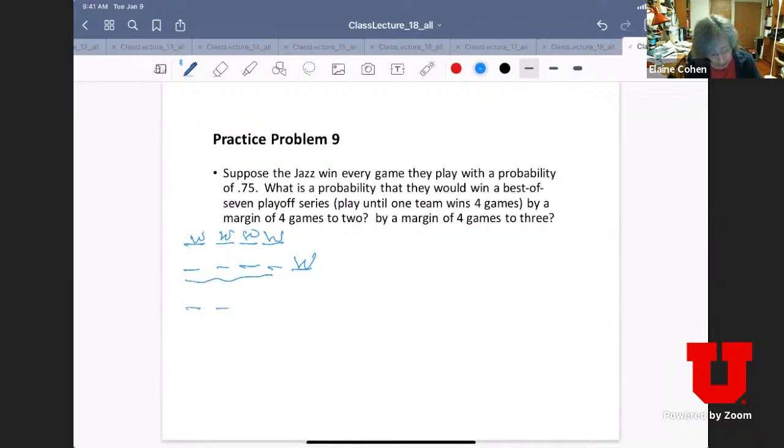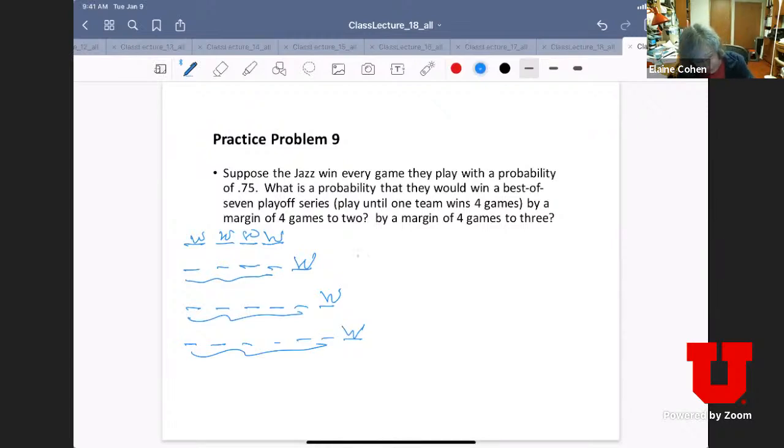Or they can win in 6. And in that case, they're going to win 3 out of those 5. I don't know which 3, any 3. Or they can win in 7, where they have to win 3 out of 6. Okay? So if they win in 4,